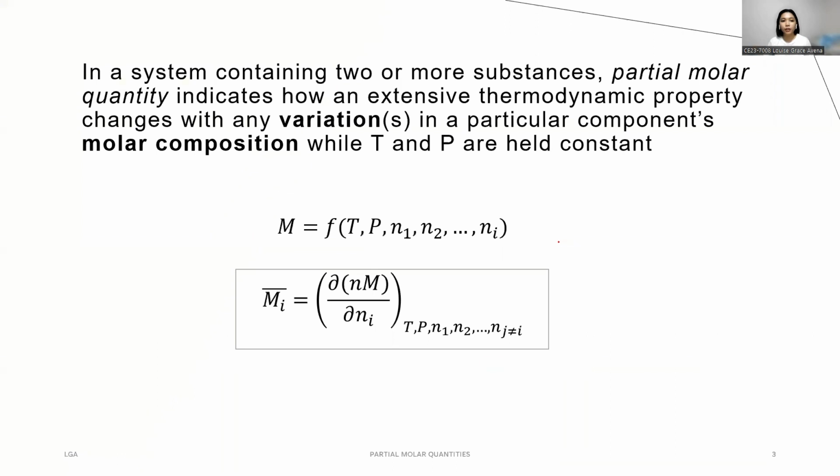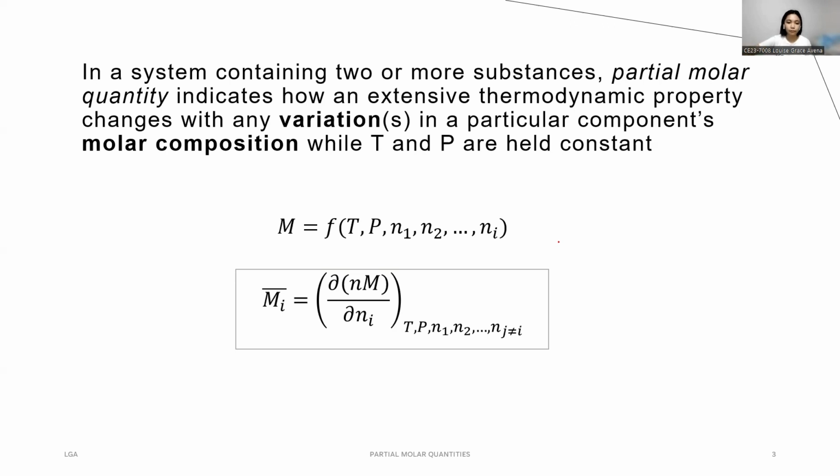So what is partial molar quantity? Partial molar quantity is only essential when you are dealing with a thermodynamic system that contains at least two substances. So in that sense, you are dealing with a mixture or a solution with two or more components. And it is relevant to be understood because partial molar quantities indicate how an extensive thermodynamic property changes with any variation or change in the molar composition of the components of a mixture or solution while the temperature and pressure